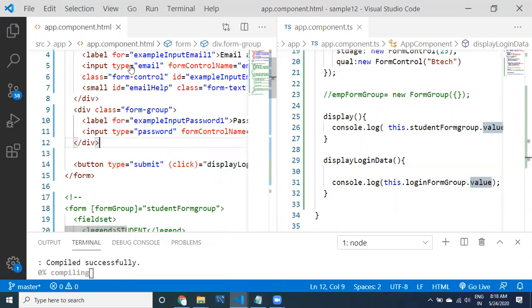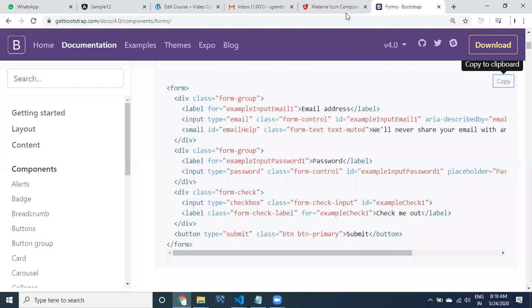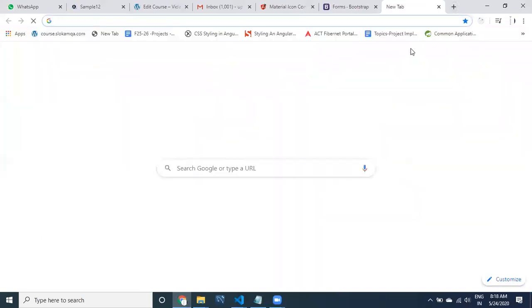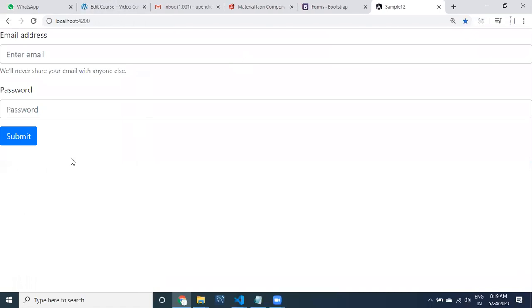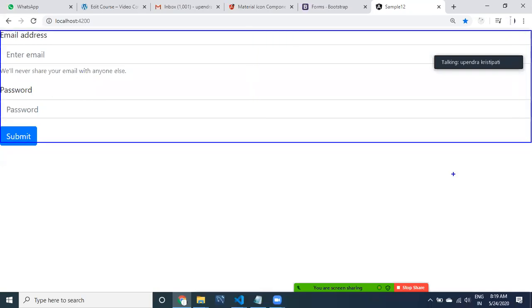Save this before going to the UI, and then localhost 4200, it's already there. Yeah, this is the form. Of course, we can format it, guys. We don't have any columns and rows, that's why it got occupied by the whole screen. Now, what's the next thing?